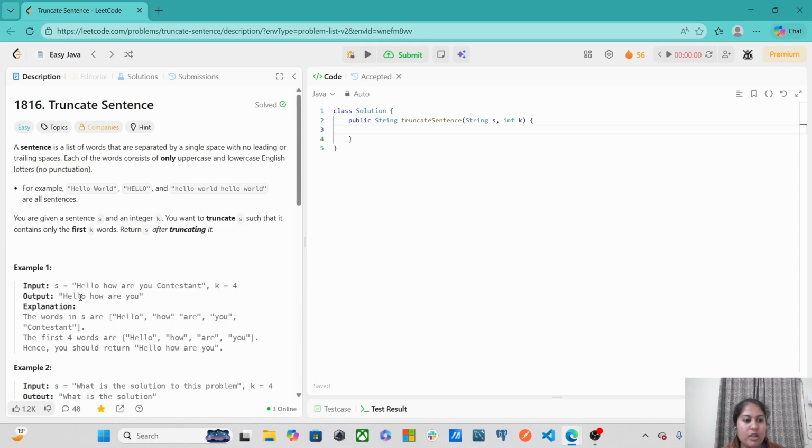What would be our output? "Hello, how are you?" Guys, we have solved many string problems till now. What could be our logic? Think about it. See, here they are also saying that the string s does not contain trailing or leading spaces.